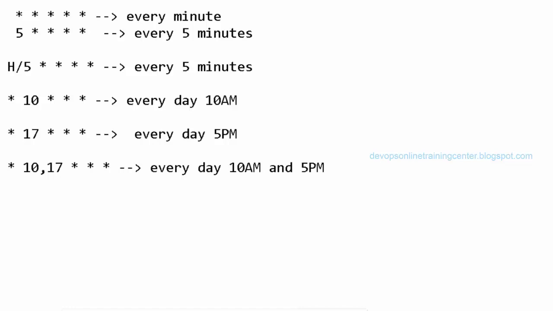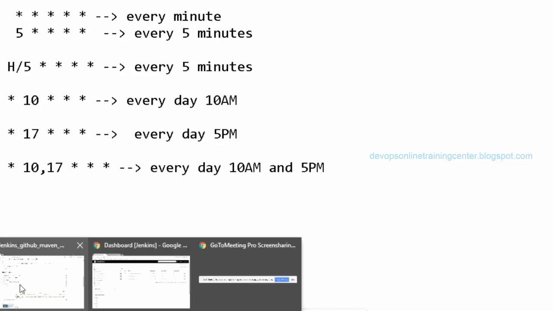Right. Okay. So is it going to overwrite existing binary files? Yes, it will overwrite. Let us say the job is executed at 10 o'clock in the morning, and again at 5 p.m. in the evening. Then in the workspace it is going to overwrite the binaries and create the new binaries. But all the binaries will be present in the Artifactory or Nexus. In Nexus, you will have all the binaries with the timestamp.